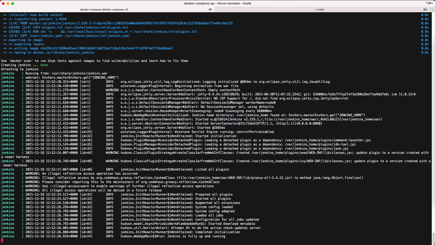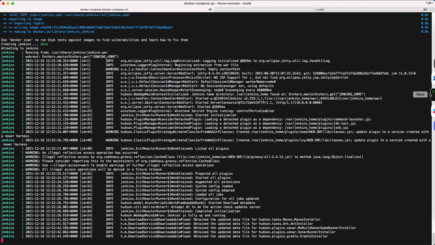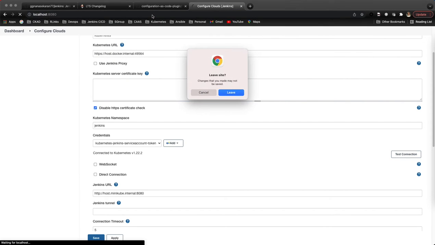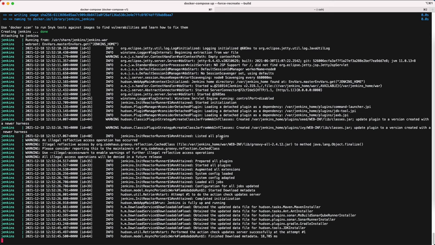Sometimes you will get some errors, but mostly they are ignorable, as long as your Jenkins is up and running. So mostly it should be fine. Whatever configuration you want, you can put it in the Jenkins configuration file. Let's check that our Jenkins is up and running once. Yeah, it is up and running now.